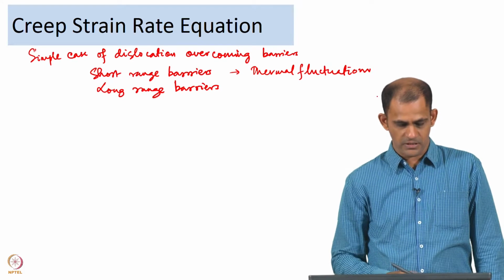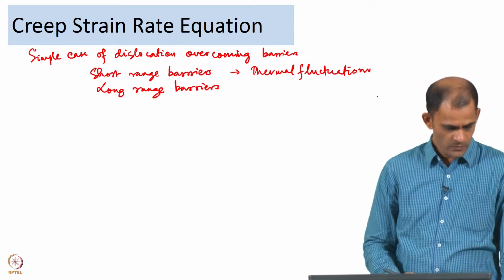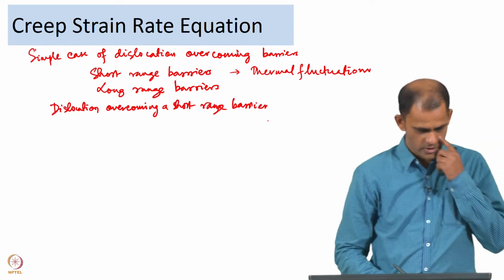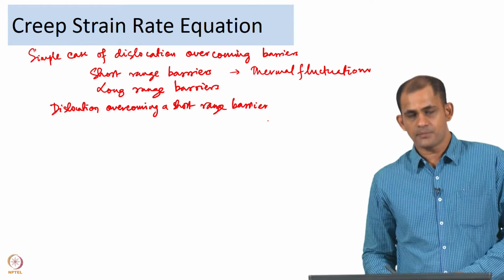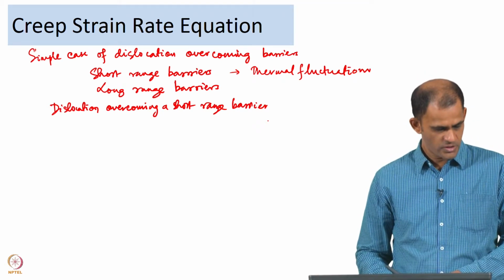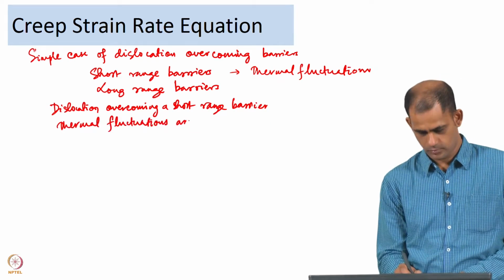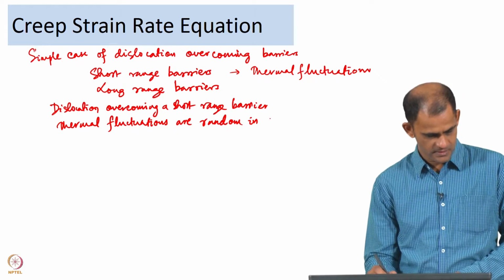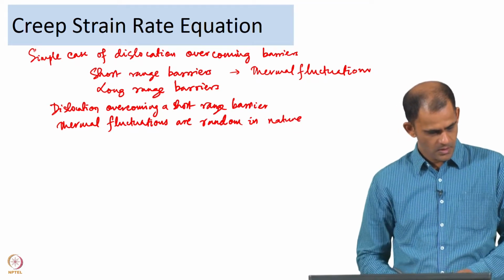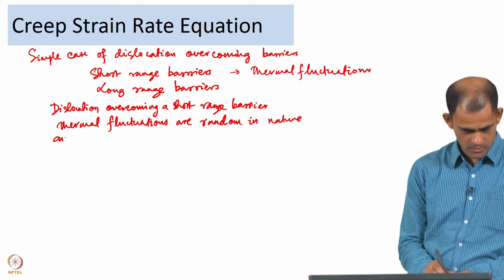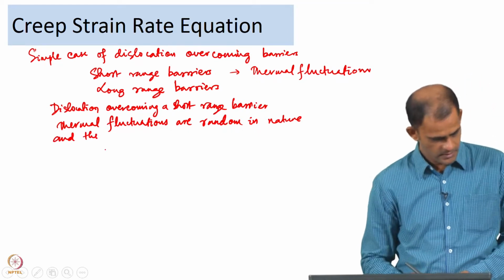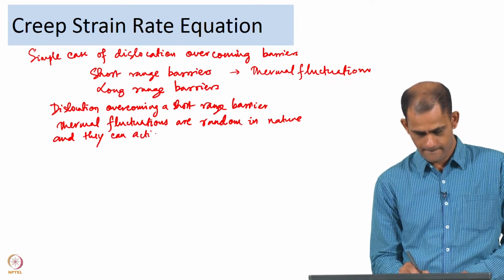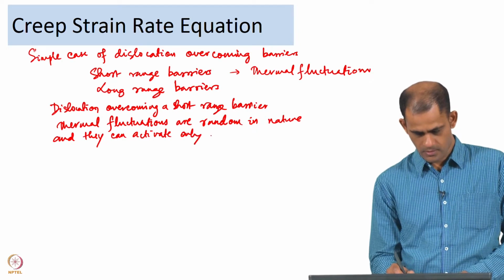Now, for the case of dislocation overcoming barriers, we are going to talk about a simple case of dislocation overcoming short range barriers. One of the things about thermal fluctuations is that they are usually random in nature. So, it is a stochastic process, and the thermal fluctuations can activate only a relatively